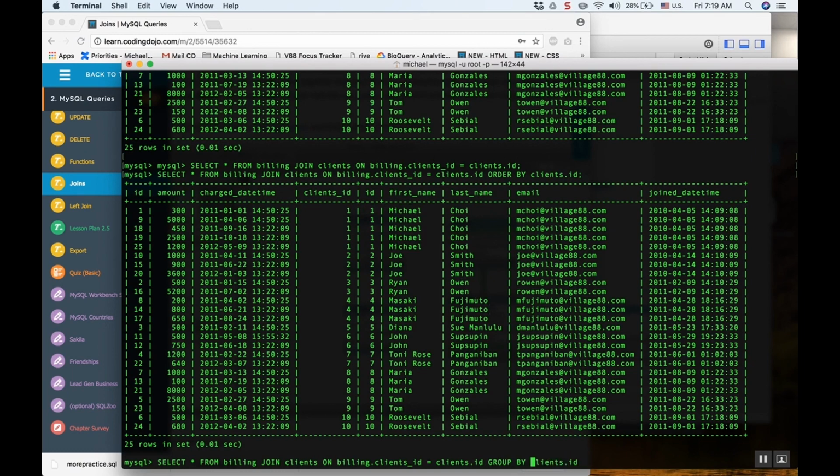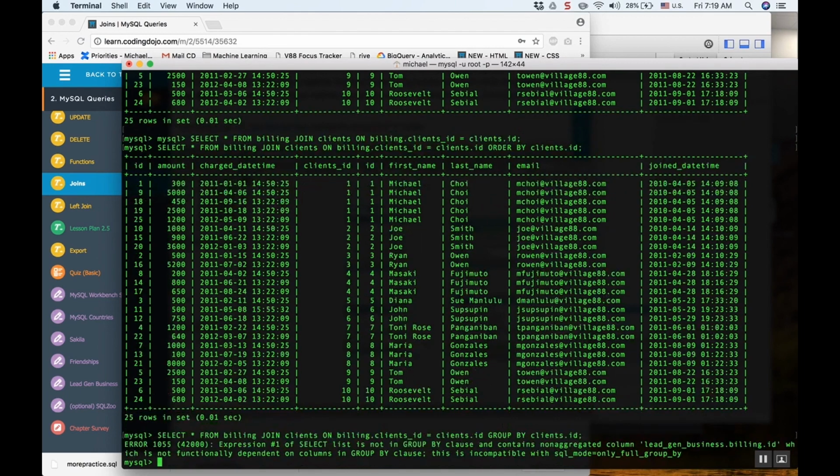And if you do this, let's see what happens. You will see some errors, right? Some older versions of MySQL would actually let you run, but it seems that the new version will catch something, which I'll explain a little bit later. So what I'm going to do is group all of the records that have the same clients.id, but instead of showing me all the fields, just show me the sum of the amount, and then